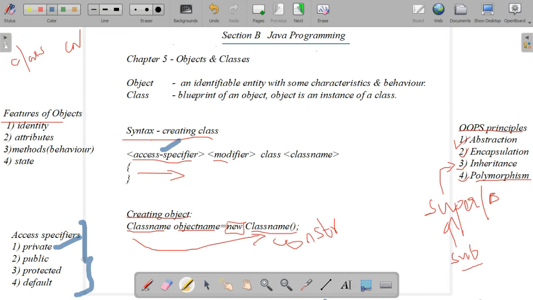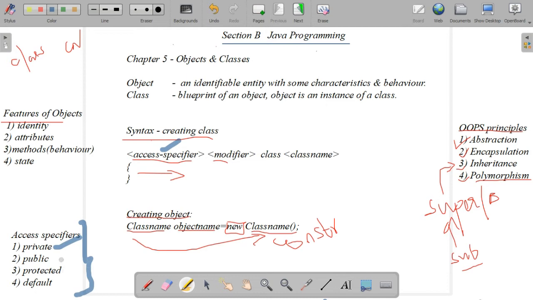Private is a keyword. Wherever we have declared it, in that particular scope or range, we can access that particular variable or method. Example: private members are accessible only by the methods within a class and not by any subclass or outside the class where it is declared. Where it has been declared, only within that particular block, scope or range can we access it. Outside of that we can't access it.